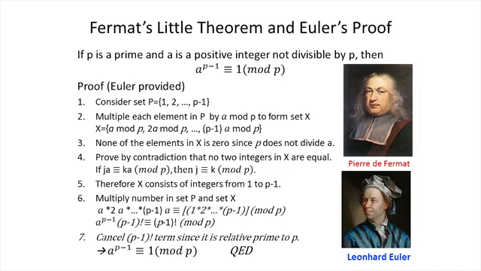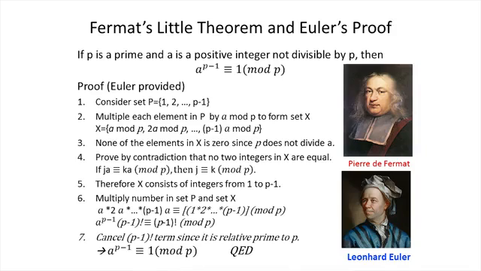The equation turned out to be A times 2A times 3A and so on until (P minus 1) times A is equal to 1 times 2 times 3 all the way to P minus 1, mod P, in congruence kind of equation. We factor A out, then we have A to the power of P minus 1 times (P minus 1) factorial is congruent with (P minus 1) factorial